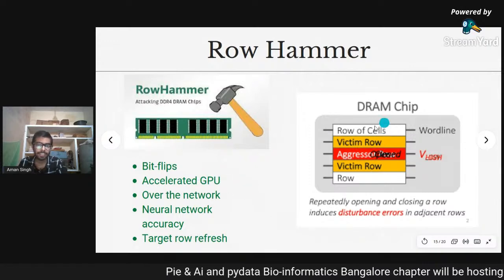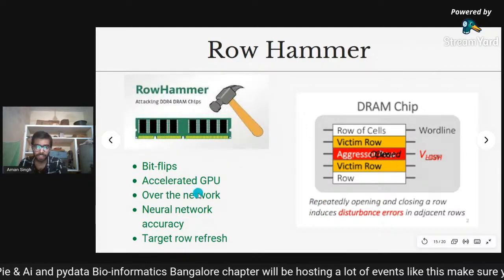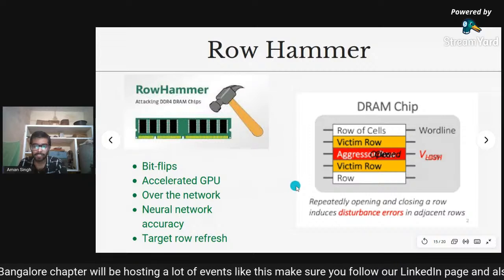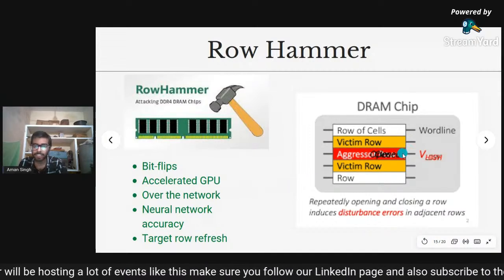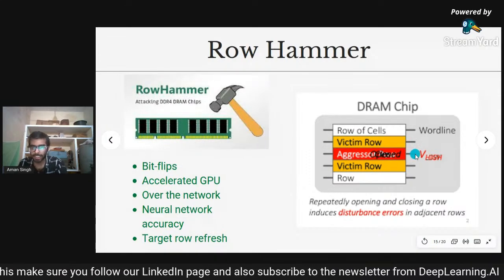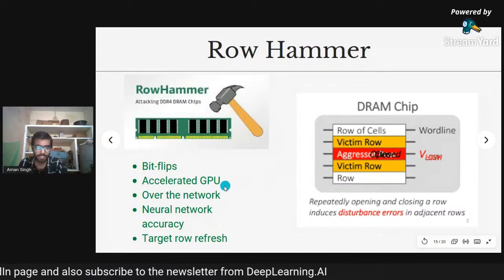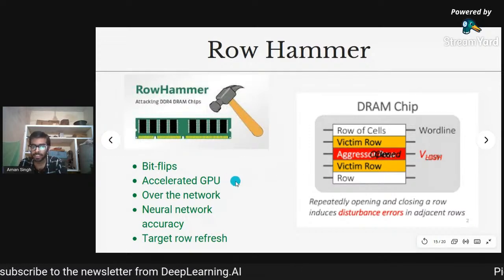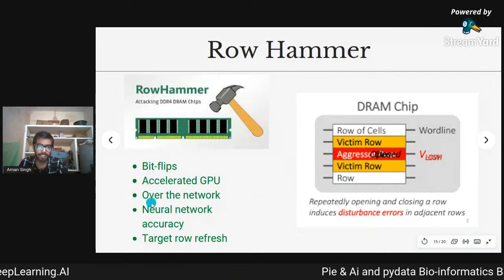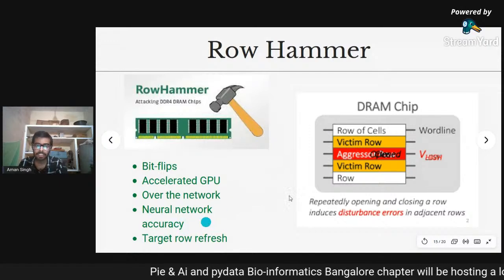This was used by many hackers all throughout. More than 80% of RAM chips have this vulnerability. Therefore, anyone who is knowledgeable, like hackers, can use it to access information, to hack your computer, to gain root access, and all that. Accelerated GPUs were used to attack this. We can attack it over the network. Then neural network accuracy,